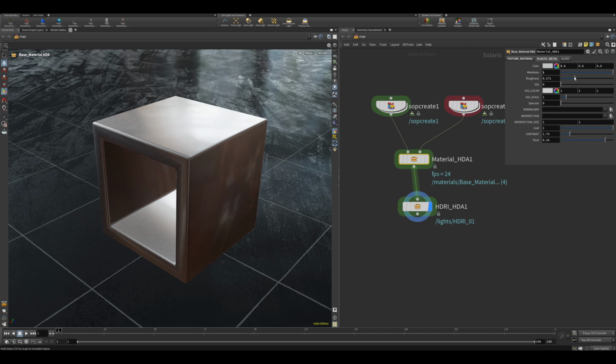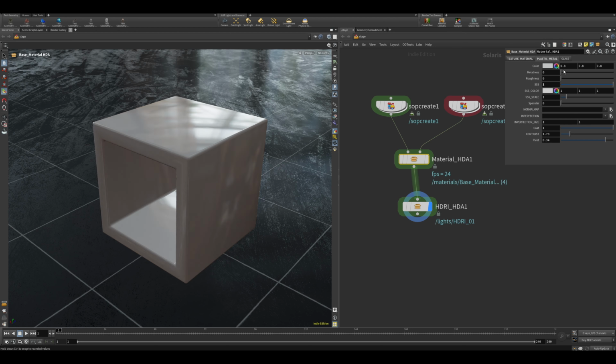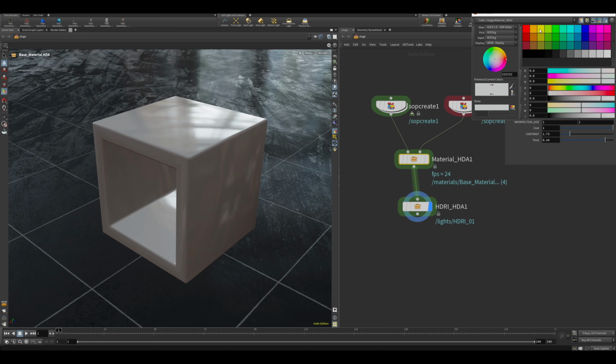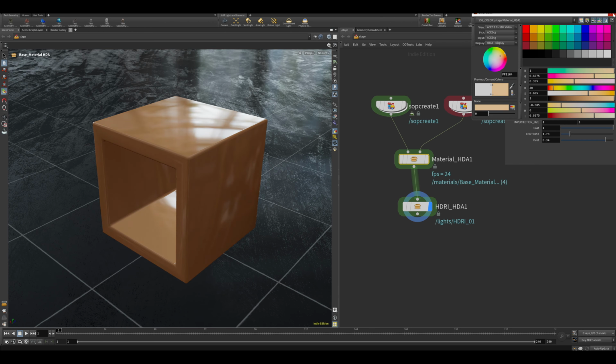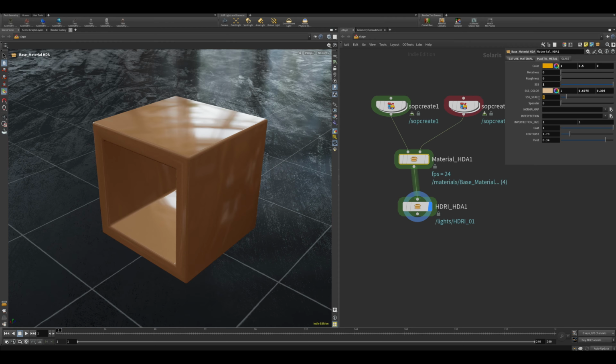I can change the roughness of the material, or I can set this as a plastic. I can change the color of this cube. I can make those changes, and adjust the absorption distance of the subsurface scattering, and start the render and